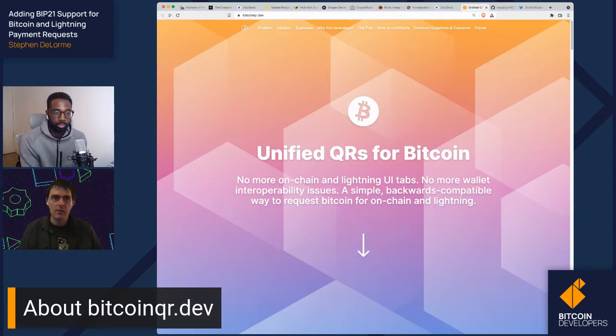Now having said that, obviously things on the Bitcoin Core development side have to go through a much more rigorous level of testing and engineering acumen than we have to go through on the UI side of things. So there's always going to need to be that level of rigor and technical review that we come to expect from Bitcoin engineering. But definitely, I think the idea of not waiting for people to come to you and just pushing your message out there and starting a conversation, even if the conversation fails, just get the conversation